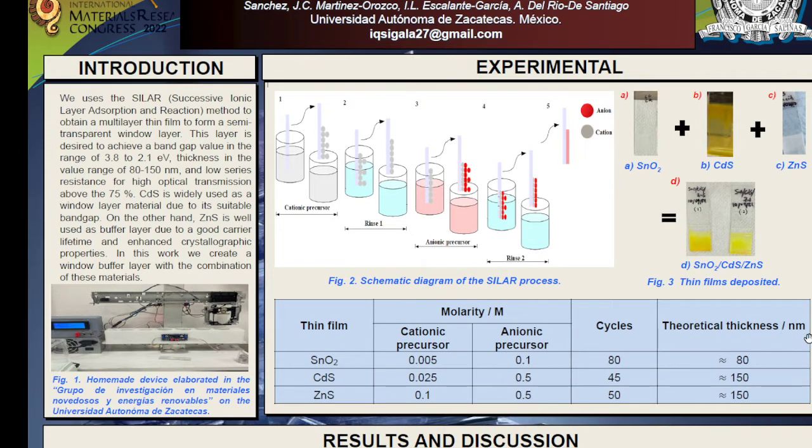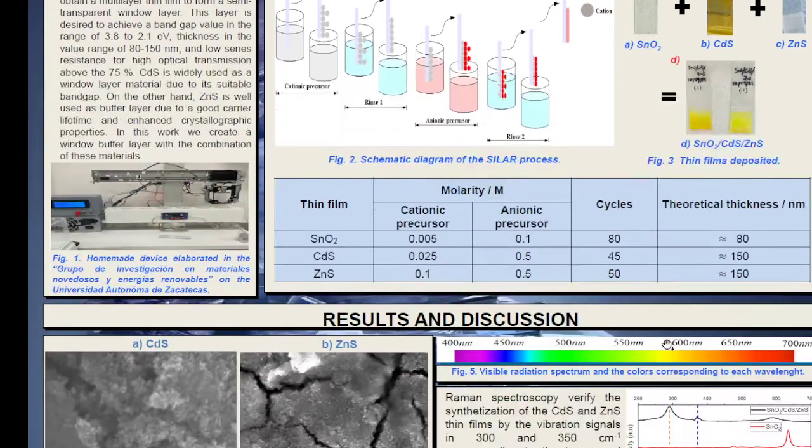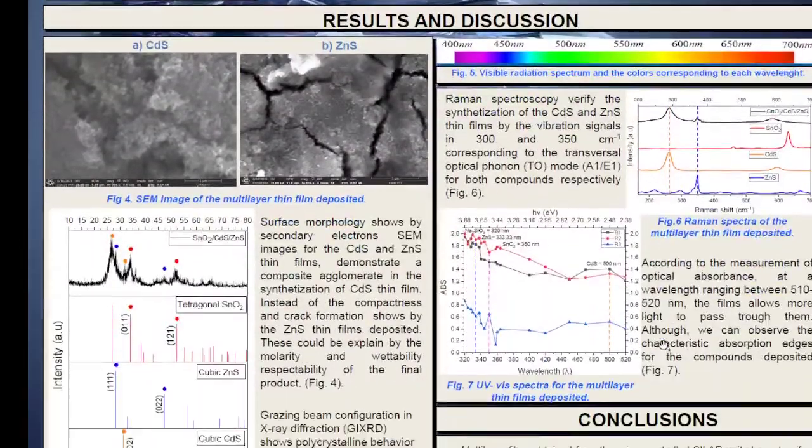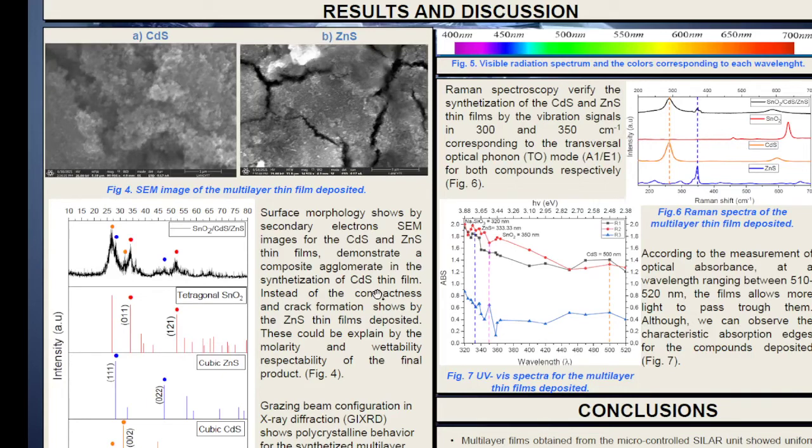It's a theoretical thickness because we are still looking to measure the thickness of the thin films we develop. Anyway, as results and discussion, we present the SEM images, the XRD, the Raman spectroscopy, and the